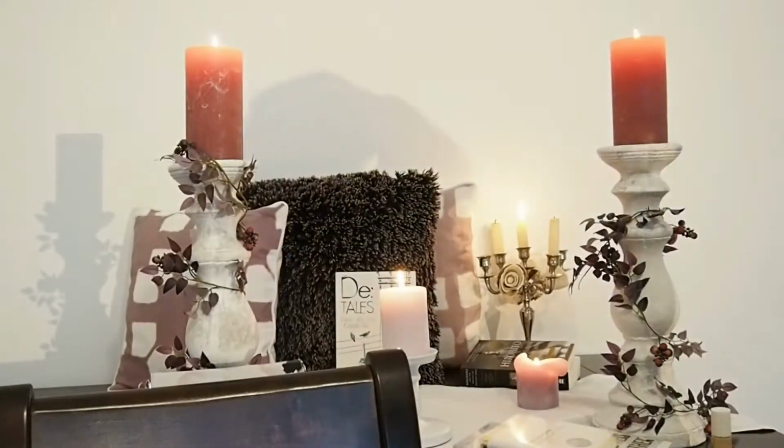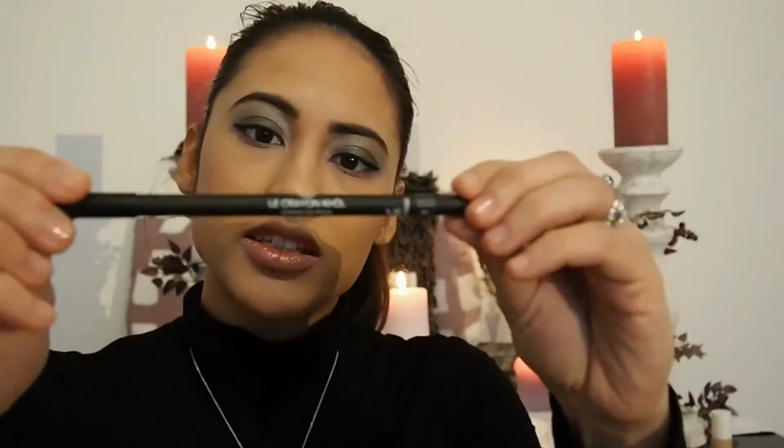The next item is the Chanel Le Crayon Khôl. It's an intense eye pencil in number 61, which is black. Oops. Which is the black one, and I used this in the Get Ready With Me video I did. It looks like this in its form before it gets like this. I have one opened and it's so small, I just thought I'd show you the new one. And this is the packaging, and it comes with a little...